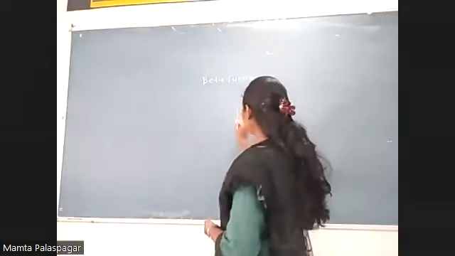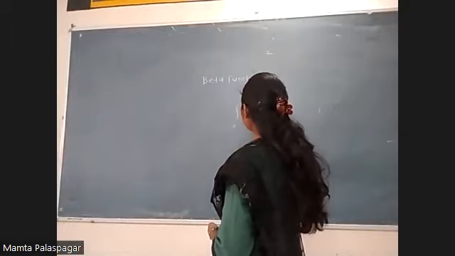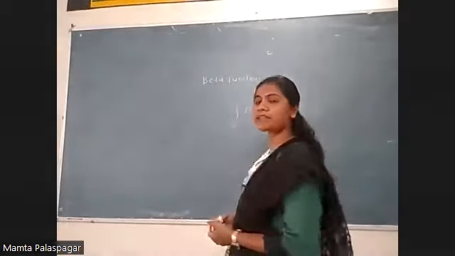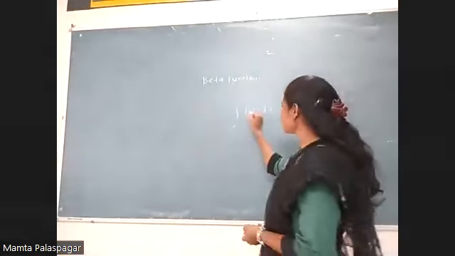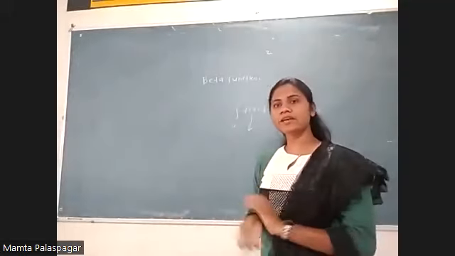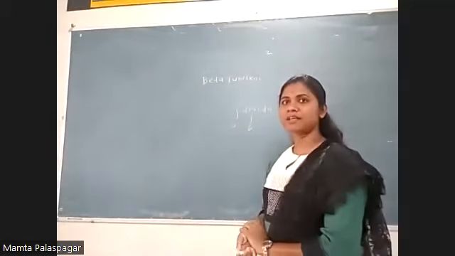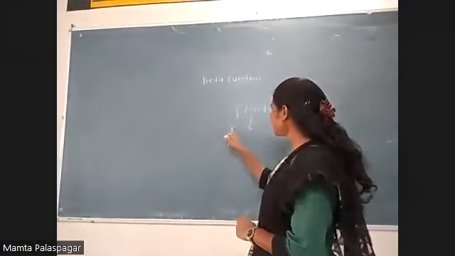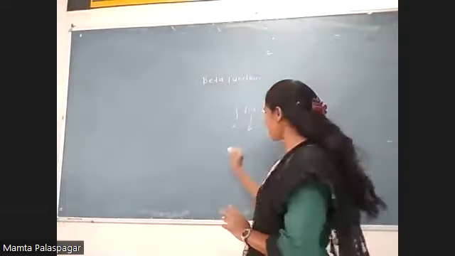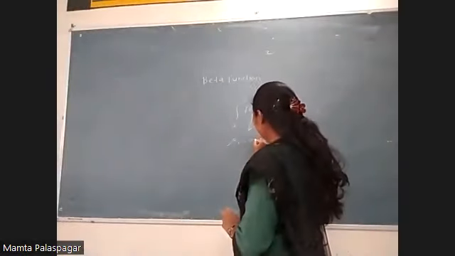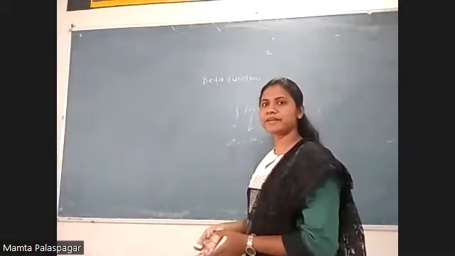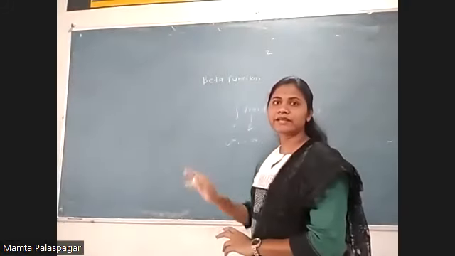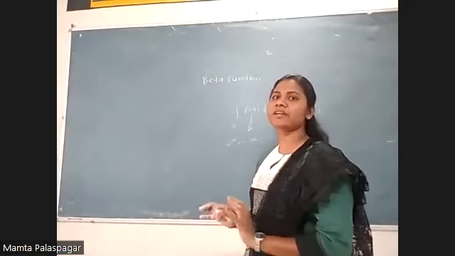As you know, the integral from a to b of f of x dx. In this integral, a and b are the limits, and the function f of x is called the integrand of the given integral. Now, if in a given integral either of the limits a and b is plus infinity or minus infinity, or both, then the given integral is called an improper integral.